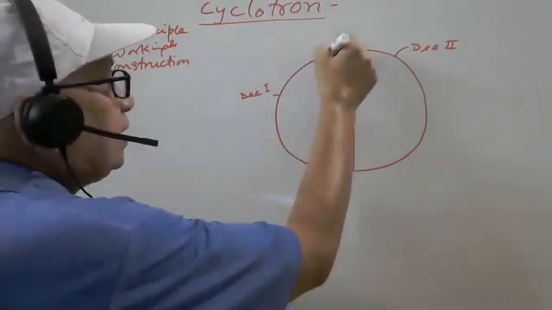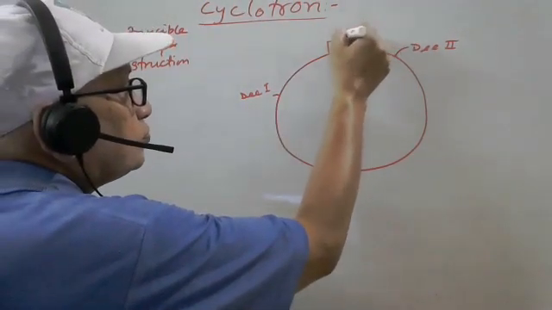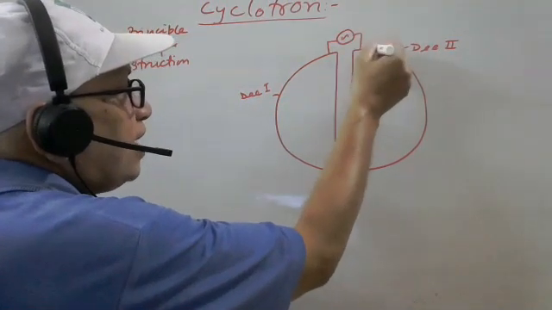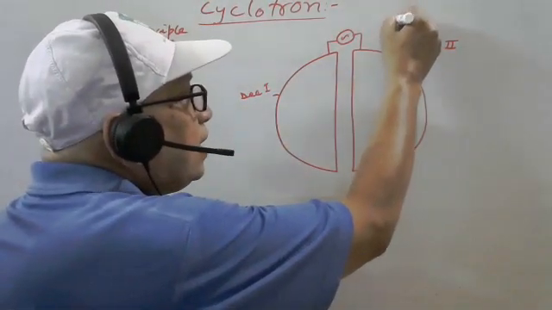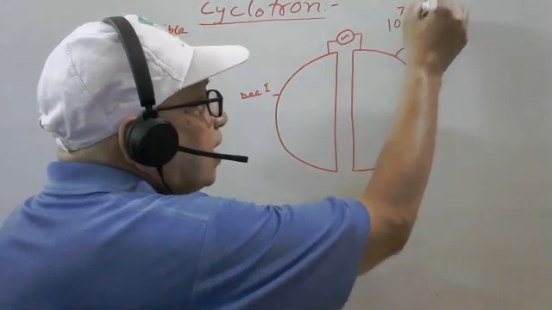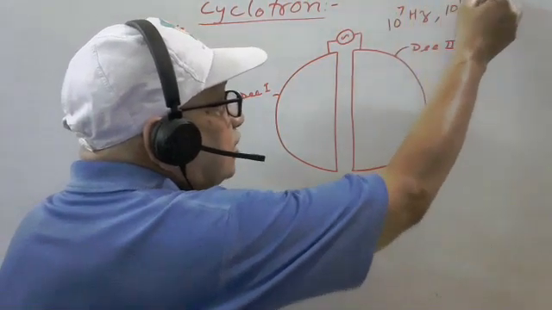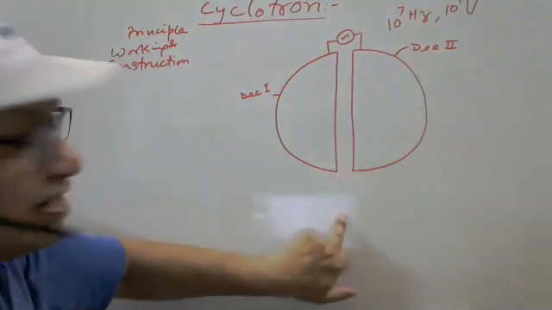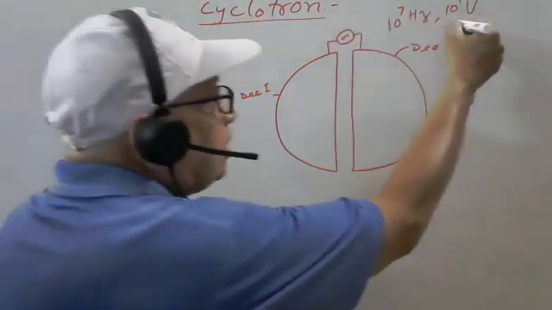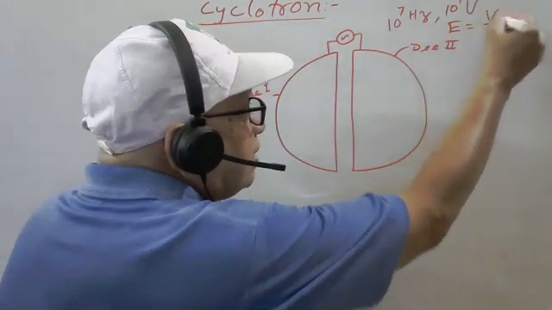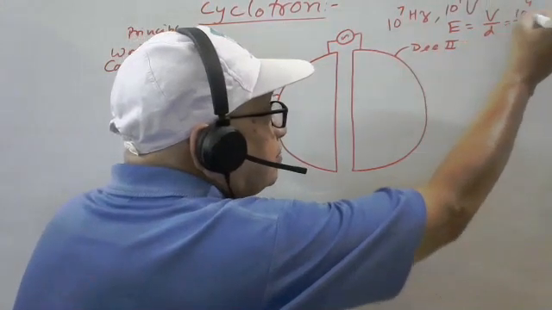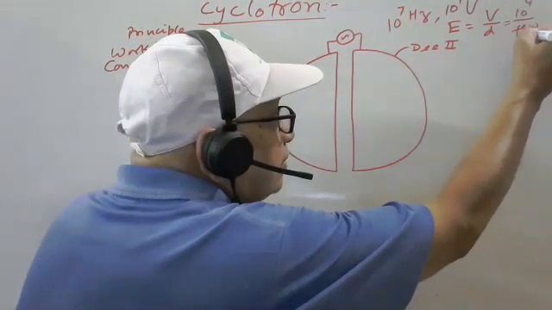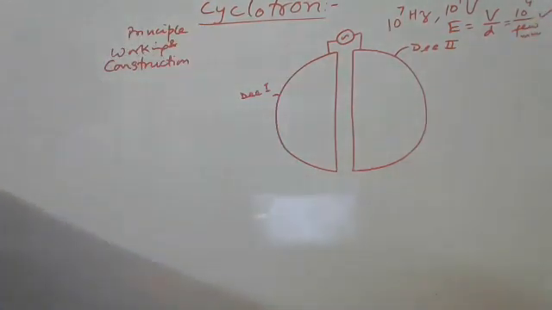and we have connected a very high frequency oscillator. Frequency is very high, roughly 10 to the power 7 hertz, and voltage quite high, 10 to the power 4 volt, because the gap is very small, a few millimeters. So what is the electrical field? Electrical field is given by voltage divided by the gap here. So 10 to the power 4 divided by a few millimeter means it is a very high electrical field. And the force is given by QE.